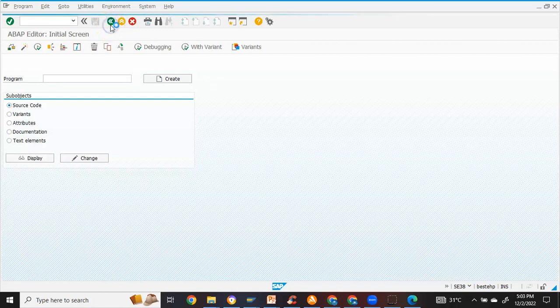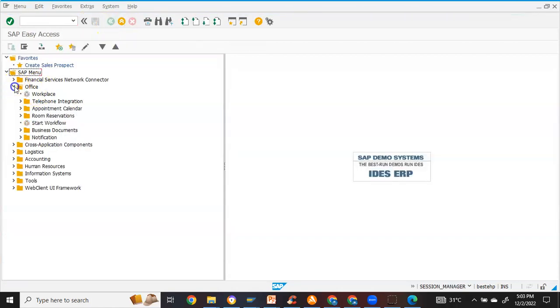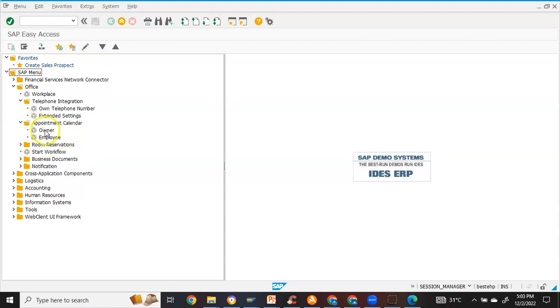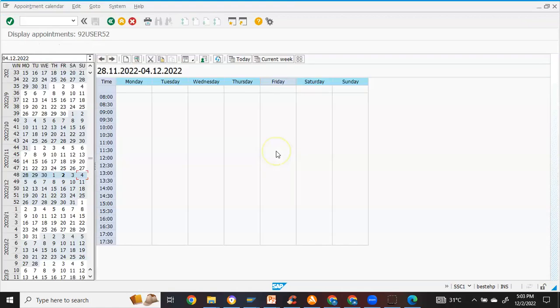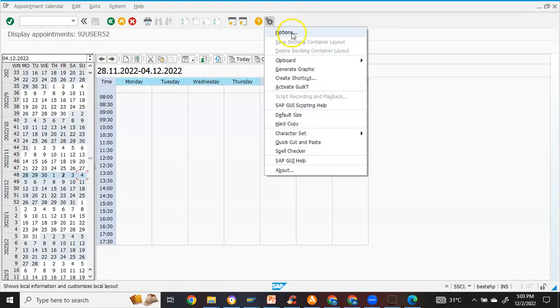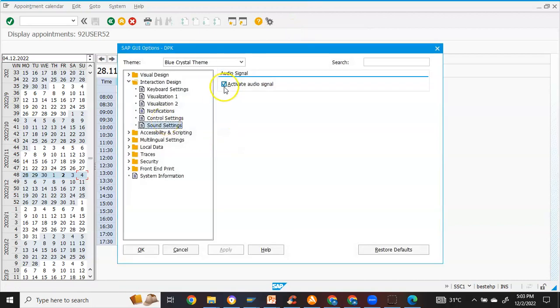If I go back and go for Office, it gives a sound in the backend. If I double click on this owner, there is a sound coming in, if you observe, and this is because I have activated the sound. But if you don't want that sound, let me pull up the options again. I don't want the sound, so I'm unchecking activate sound and clicking apply,